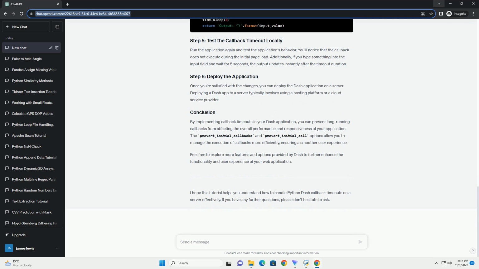Let's create an informative tutorial explaining how to handle callback timeouts in Python. Ensure you have Python installed on your system. You can install it and other required libraries using pip. When using it, you can set a timeout for a callback function. If the function takes longer to execute than this timeout, it will interrupt the function execution and prevent the server from